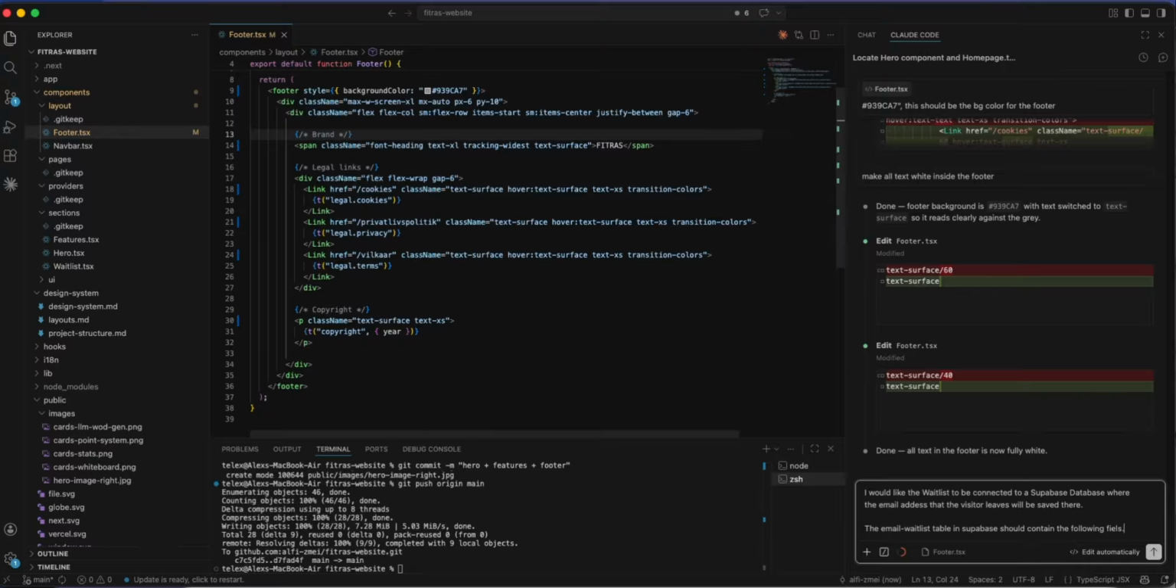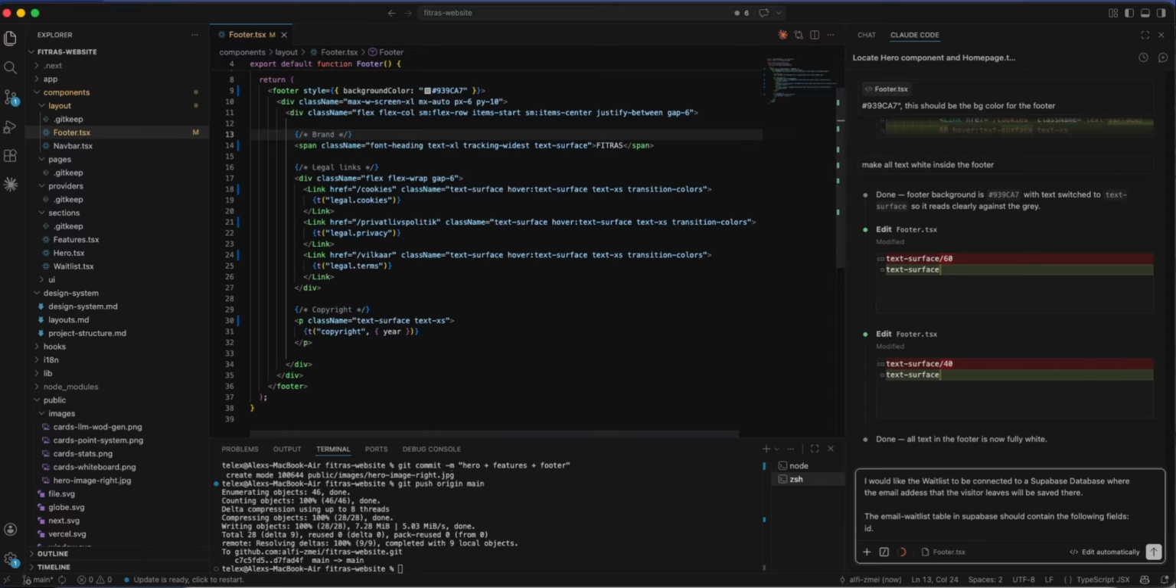Good. Fields. So there's going to be an ID, and this is something every table in any SQL database is going to have, an ID. So we're just going to leave it an ID. Then we're going to say the email address,